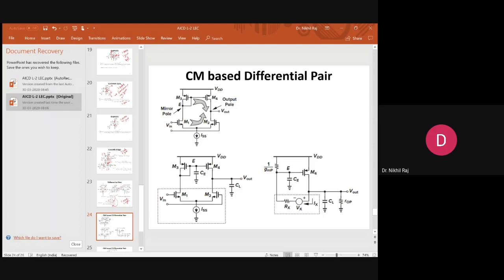So in this, majorly there will be two poles: one at node E and another at V out. This is called the mirror pole because it is a current mirror, which is why it is named so. So the mirror pole will be there, and the output pole. And then the calculations are shown, because this is widely used in circuit designing, because generally we always need a